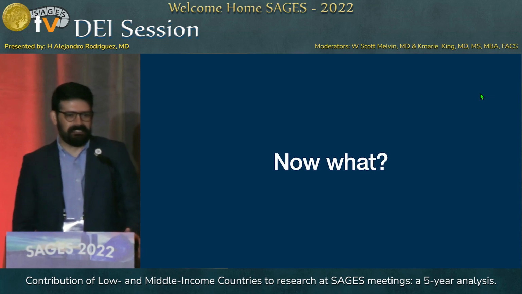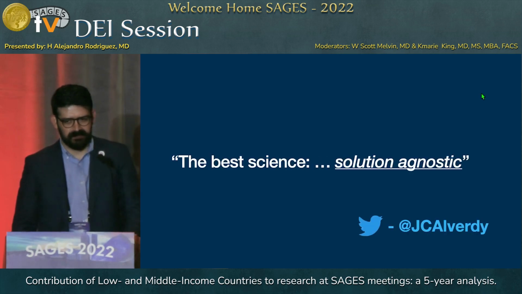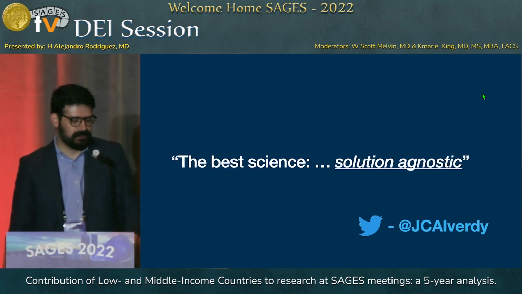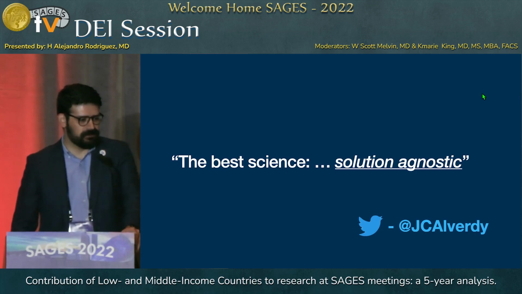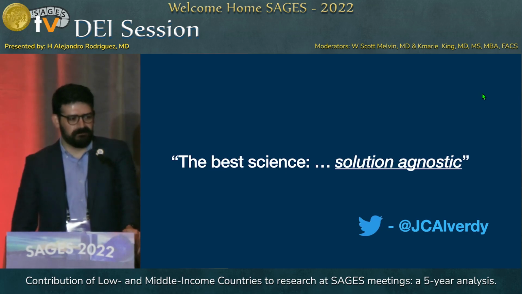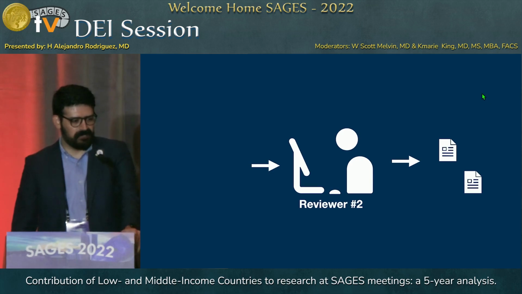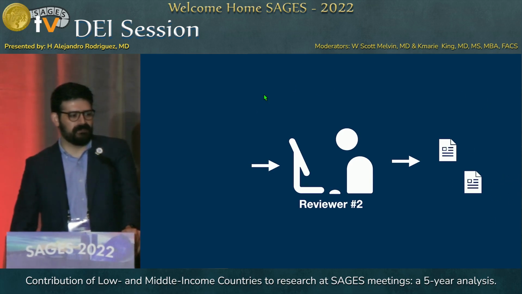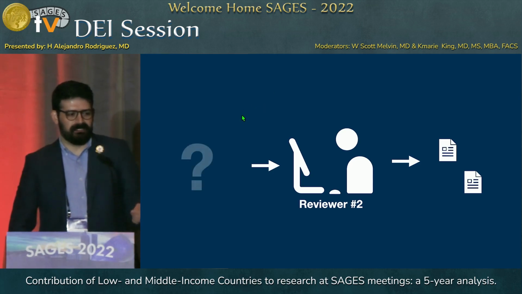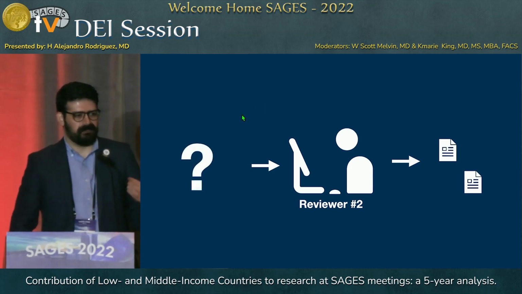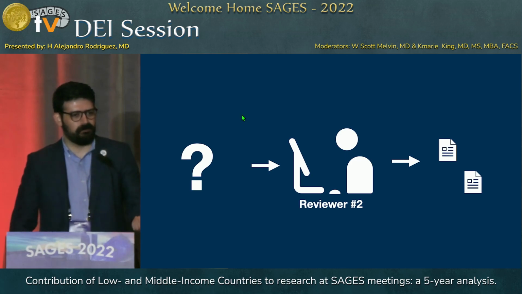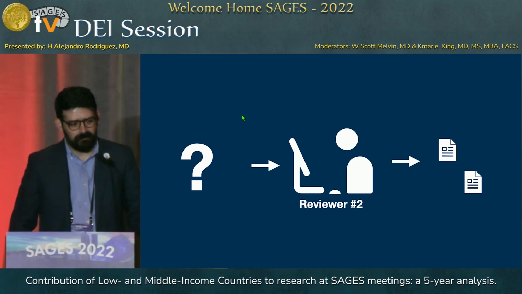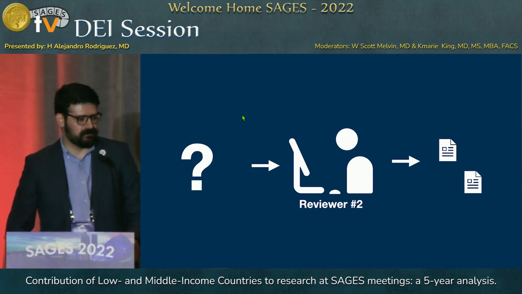So now what? Folks, I don't know. I'm not a DEI expert. I just looked at this, and I'm going to take a tweet from John Alberti that said, good science is solution agnostic. So that's my way out of that. If you push me, however, to give a solution, I would say, I know what's on this side. I know what gets published. I want to know what's on this side, right? Is it not good enough? Are there not enough abstracts? Are they not relevant to the wider world? What's going on there? That would be one thing I would do to address this, if you wanted to address it.